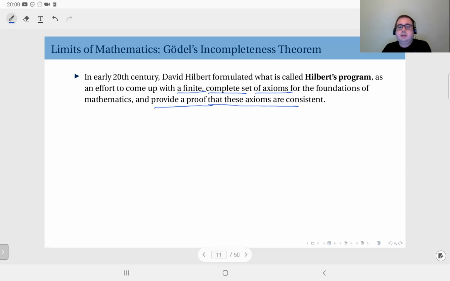And also the idea was to show that these are complete, okay? Complete. What does that mean? If you remember the definition of completeness, this means any proposition you can lay out in this given system, you can prove using this set of axioms, okay? But